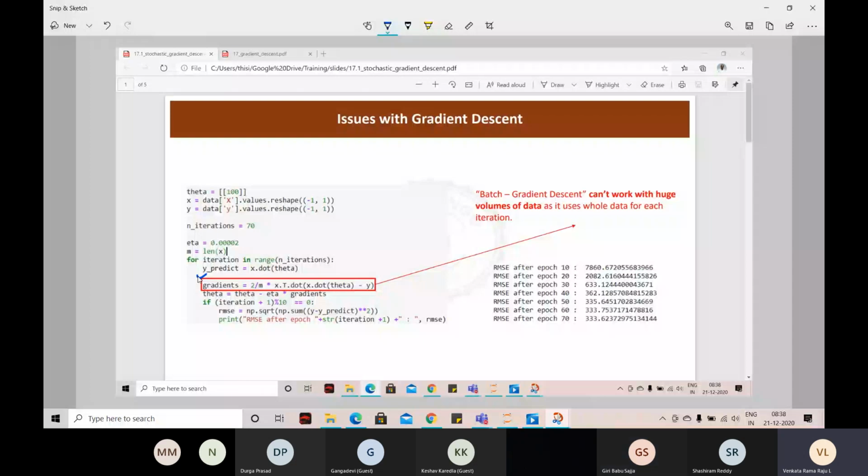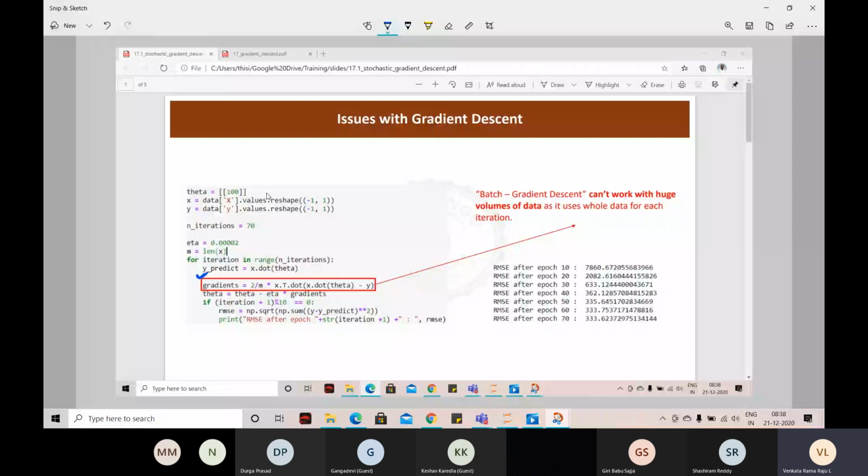So, this formula I am explaining. We are calculating why did I use this formula? Okay. So if you look at the card, I said that 1 by 2m into h of x minus y whole square, sigma i is equal to 1 to m. That whole thing is there. Let me forget about this part and take only this part, h of x minus y whole square.